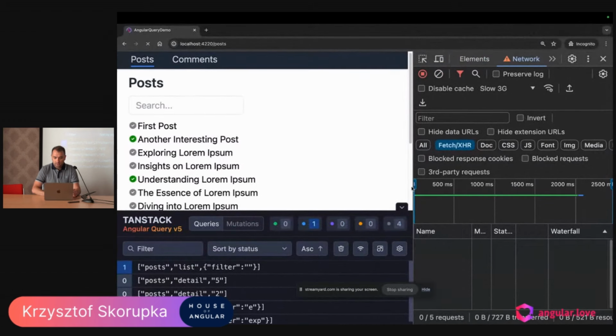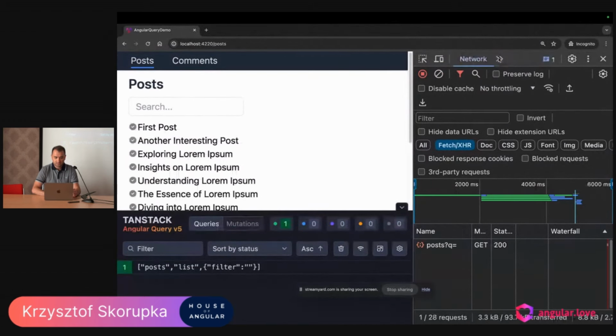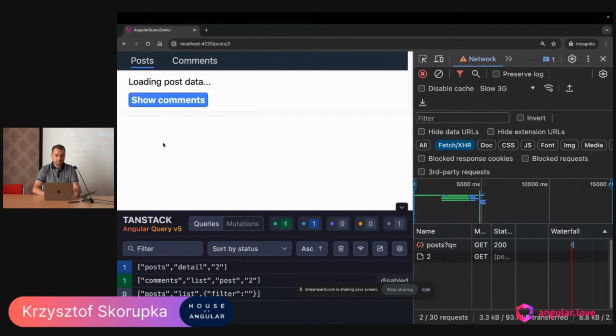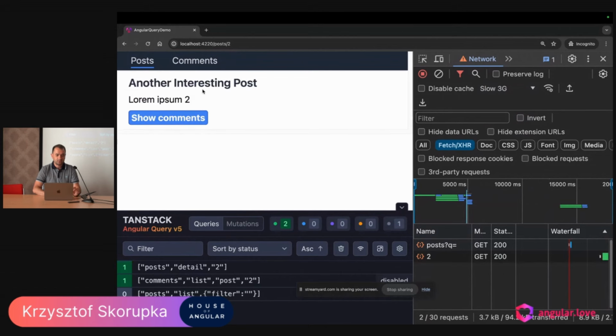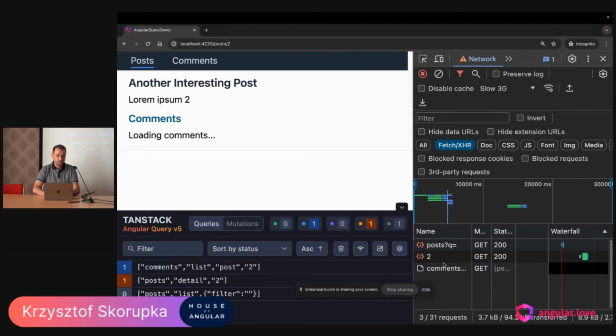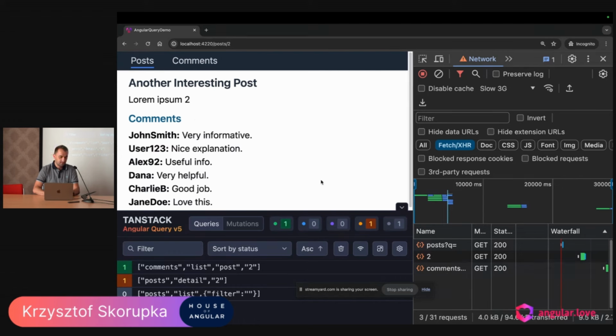And maybe I will remove the throttling so it's faster. Okay, it's there. And now I will throttle it again. Right now you see we are loading the post data, but comments are not shown. I also put an ngIf that if showComments is false, I just show the button. So only when I click it now, the query gets enabled and our data gets fetched. So that's an example of the